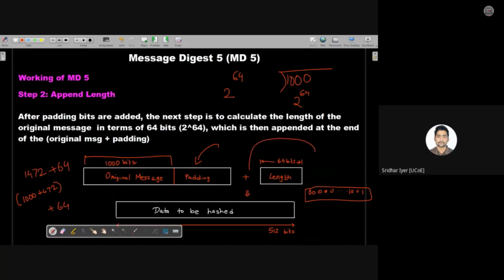Where did the 64 come from? This is the 64 I'm talking about. Yes or no? Now is it making sense? It is a tricky topic, that is why I am intentionally going slow and stopping in between. Yes, correct Harsh. If there is 472, the first bit will be 1, rest of all will be zeros. Now is it clear? Have a look at this breakup which I have shown over here.